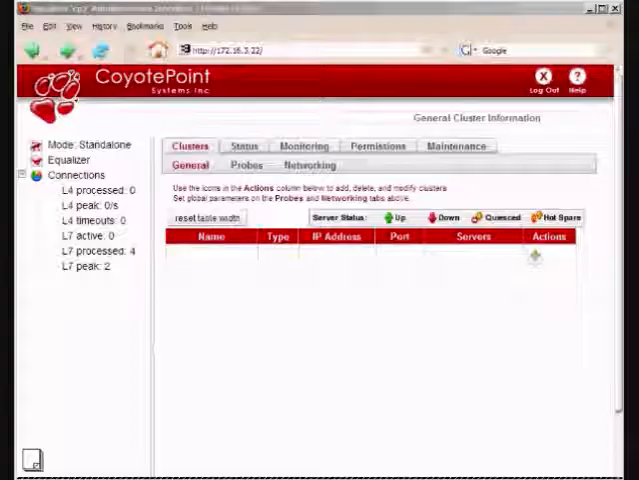Now, let's take a look at what has changed in the Coyote Point Equalizer 8.0 release. As you can see, the aesthetic changes are significant, with a totally new layout and color scheme. Functionally, one of the first differences to notice is that the performance statistics are now prominently displayed on the left, which is quite handy. As we did for the 7.2 release, we'll configure a quick virtual cluster with a single